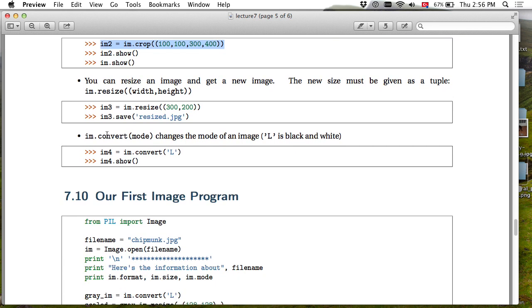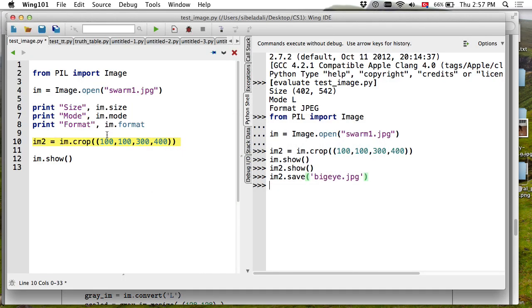Yes? I'm sorry? So they give you the dimensions of where you're cropping. So remember this. Okay, let's try to write this down here. So we have this image here, right? So this is 0, 0. For the image that we were just playing with, what were the dimensions? So let's try